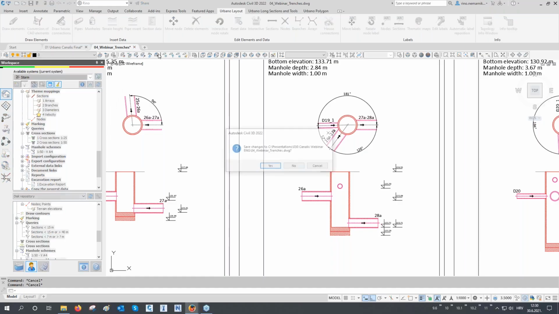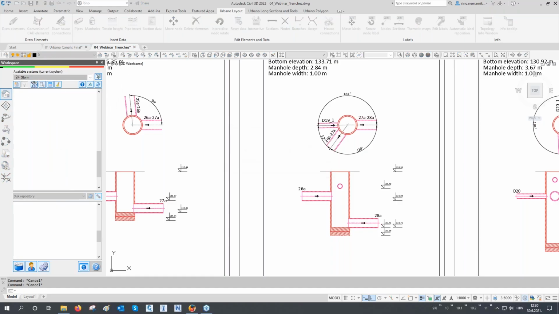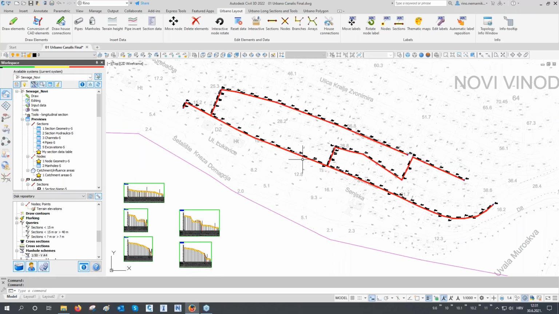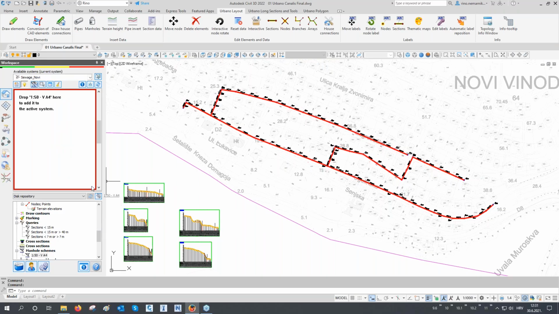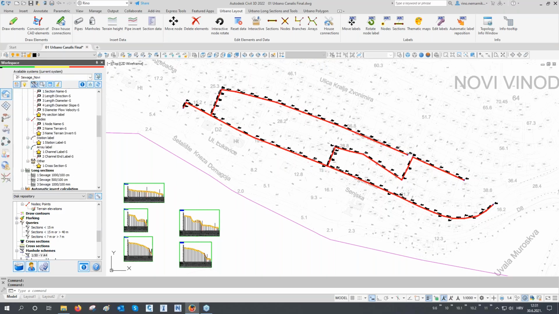Okay, let's close now this drawing. You don't have to close it, but I don't need it anymore. And now inside of this drawing, I will just take it. So I will use this manhole scheme configuration and I will drag and drop it here. Okay, let's find it. It is here under manhole schemes. And this one with the suffix P, this is for prefabricated manholes. So in the entire project, I'm using